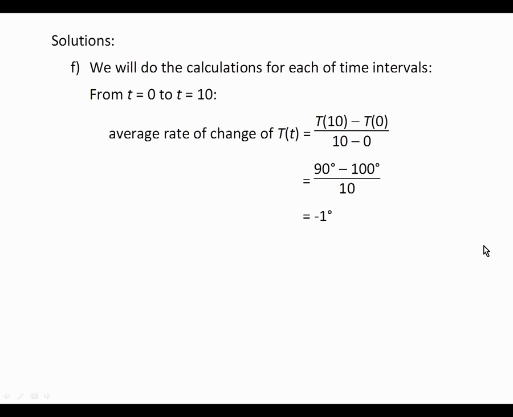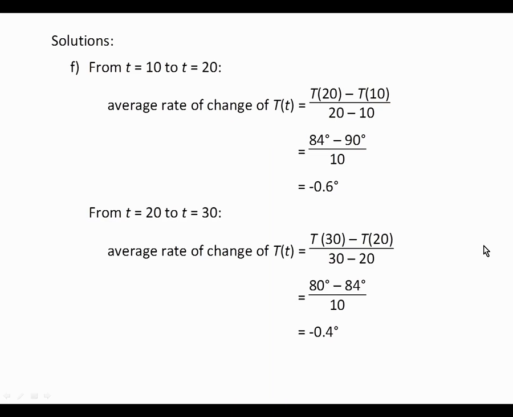So from t equal 10 to t equal 20, and 20 to 30. So here's my 10 to 20. Here's my 20 to 30. So it's negative 0.6 degrees, negative 0.4 degrees. So notice it's cooling down at a slower rate, but it is still cooling down. So T of 20 minus T of 10 over 20 minus 10, T of 30 minus T of 20 over 30 minus 20, and then, because I went all the way up to 60 seconds,